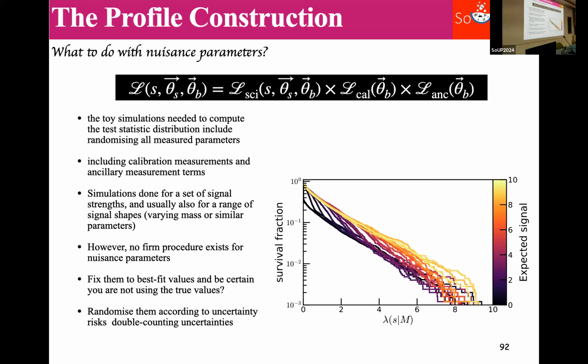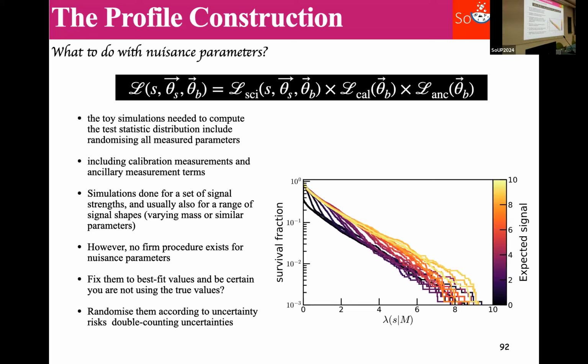For every one of these curves, some 6,000 toy MCs of XENON1T were produced and fitted, and you found the log likelihood ratio. Testing, say, with this one here, for a signal of 2, you tested the hypothesis of signal 2 6,000 times, for toy MCs. And then you put them into these distributions. Now, which nuisance parameters did I put into these to start with? In general, you put in the best fit, or your best fit before unblinding.